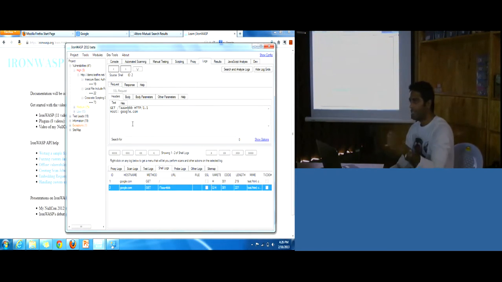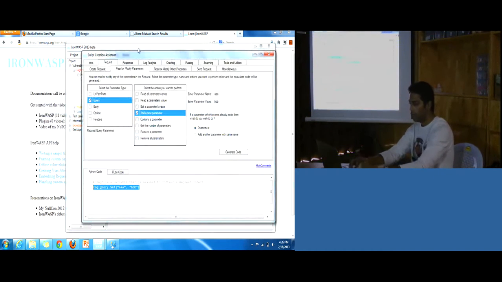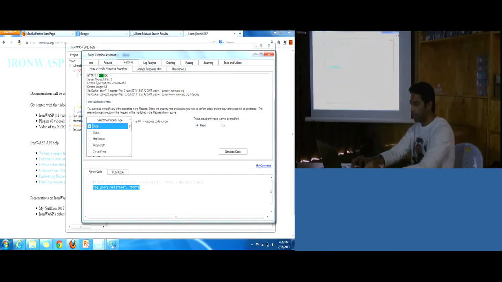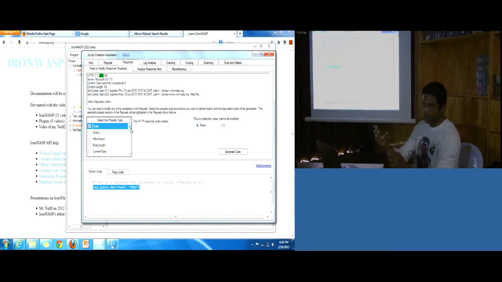So this way you can create requests, you can send them, and you can analyze the response. If you want to analyze any part of the response, such as the headers or the set-cookie values, or if the response has HTML and you want to